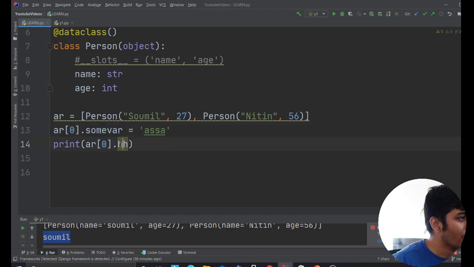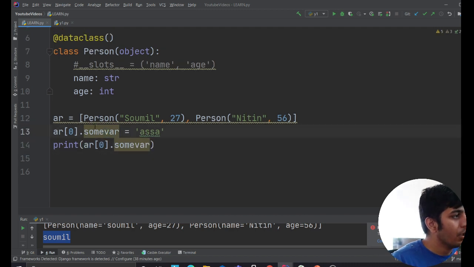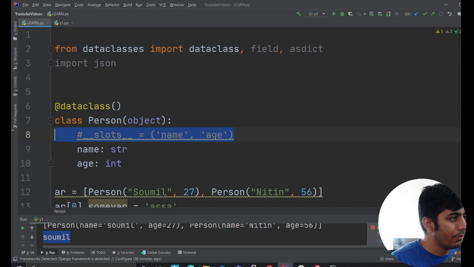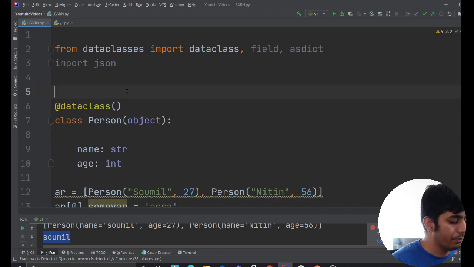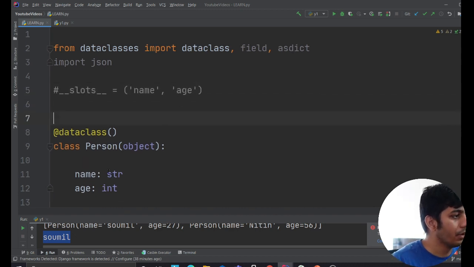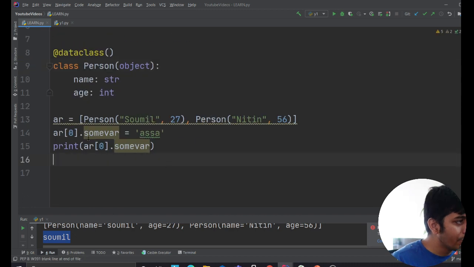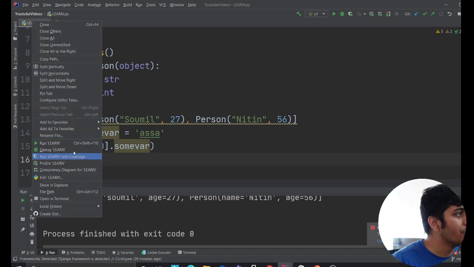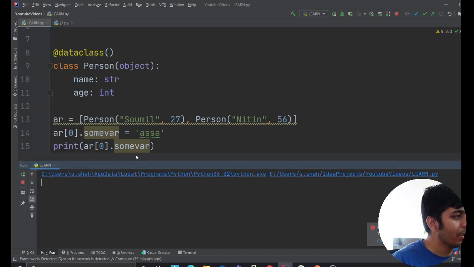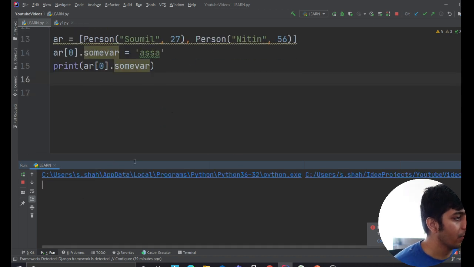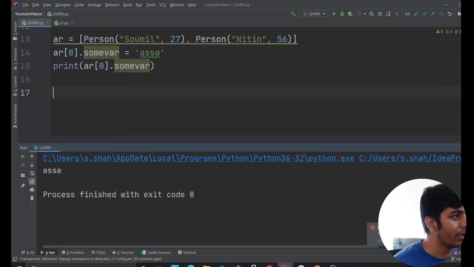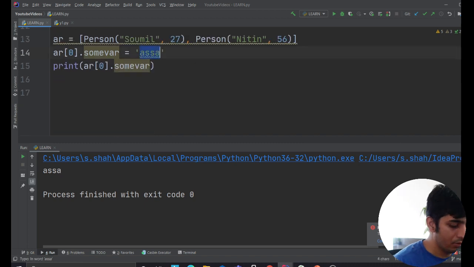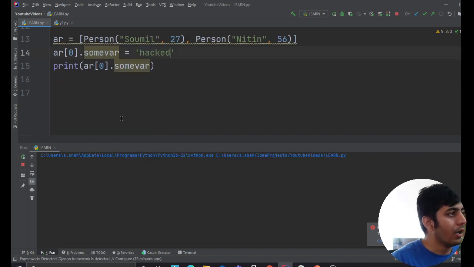Let's just call somewhere, maybe much better. So essentially I have a data class. Forget about this one, I have commented it out. Let me put this here. So for example, as you can see, I'm essentially adding an attribute somewhere on that object, right, on the data class. So if I run this, I just want to show you what happens. I should be able to access that, right? And bear with me, please, because my computer is a bit slow. Just put hack. So as you can see, I am able to add attributes at runtime, right?